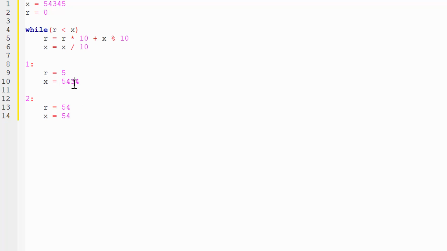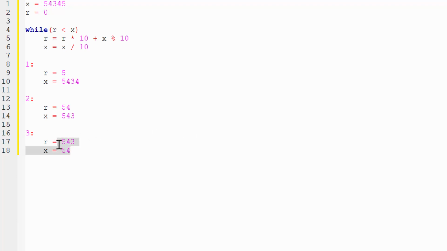Still r is smaller than x, so we move to the second iteration, and after the second iteration r will be equal to 54, but x will be equal to 543. Still r is smaller than x, so we are going to perform the third iteration, and after the third iteration r will be equal to 543 and x will be equal to 54, and after this we are going to exit our loop.